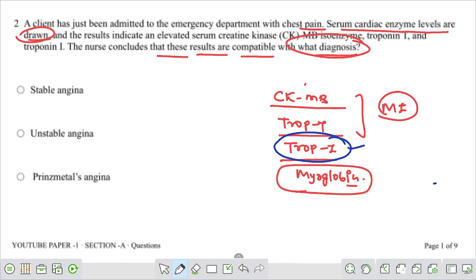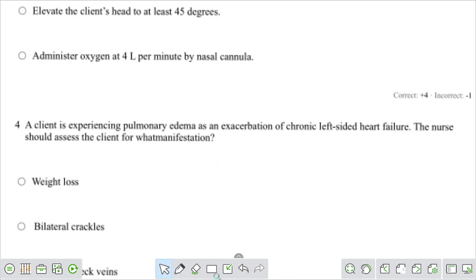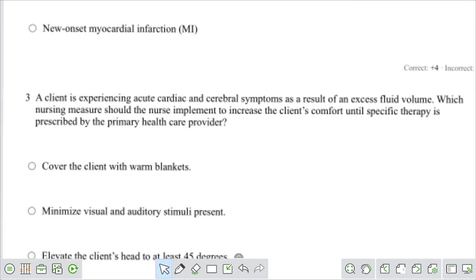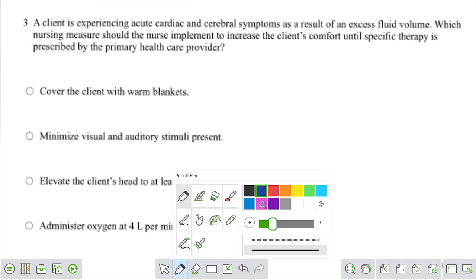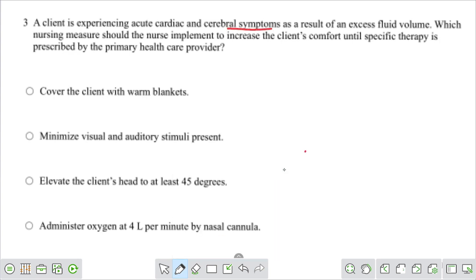So here the right answer to this question is MI. New onset of myocardial infarction is the right answer. Okay, then the next question is, a client is experiencing acute cardiac and cerebral symptoms as a result of excess fluid